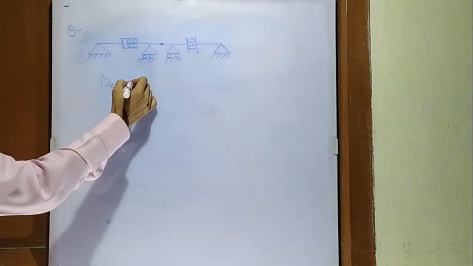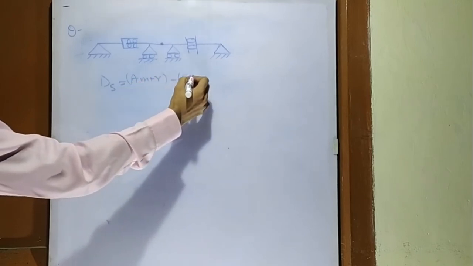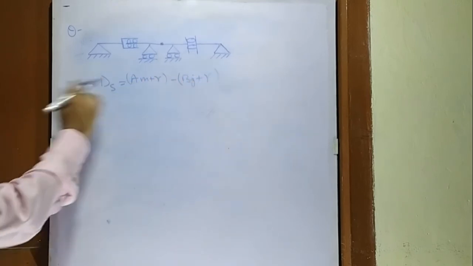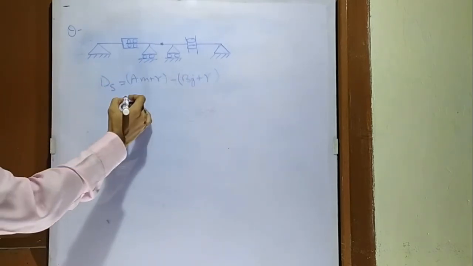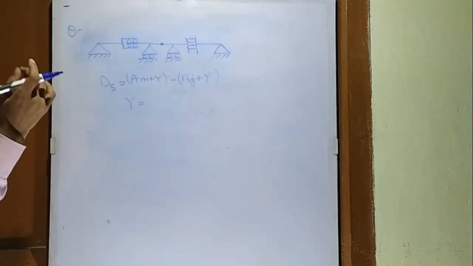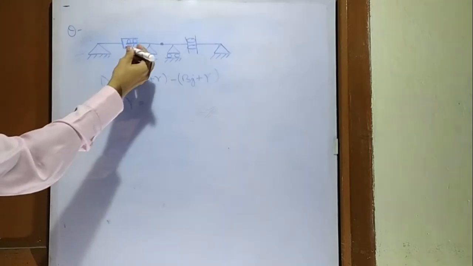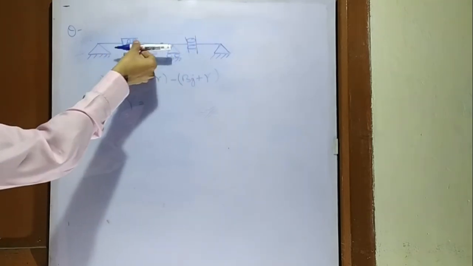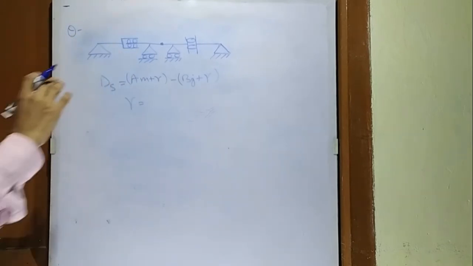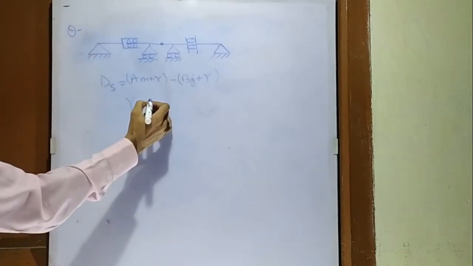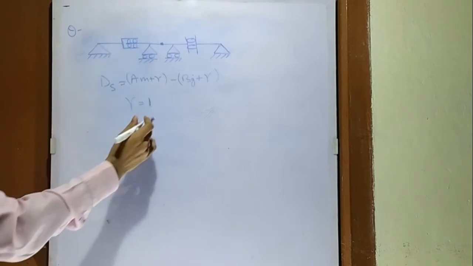Now what is the basic formula? The basic formula is ds is equal to am plus r minus bj plus gamma. In this question, the important point is to understand what is the value of gamma. Now you can see that this is a hybrid joint. Okay, this is a guided roller. So if there is any axial force in this direction, it will not give any resistance to that force, so it will release the axial force. Now the value of release at this roller support is 1, and what is that force?